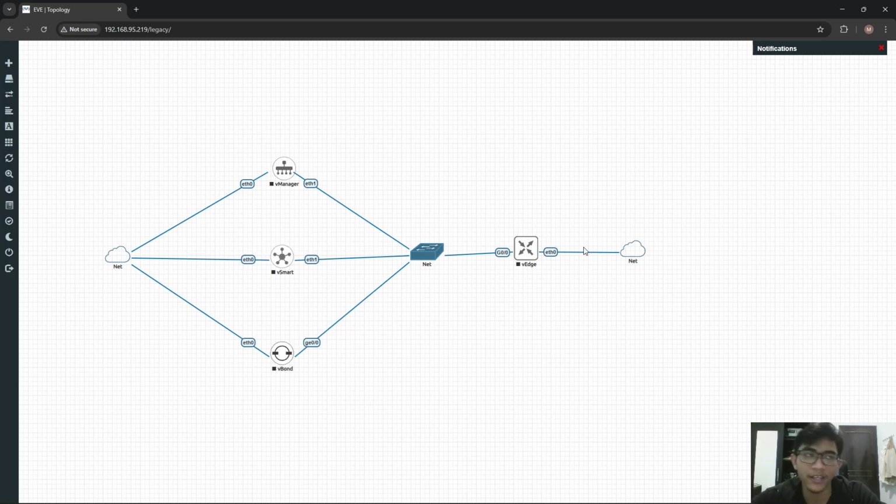So basically, vBond is like a matchmaker in the SD-WAN network. And the last is the vEdge. The vEdge is the actual router located at branch sites. So there is a vEdge in all of the branches.